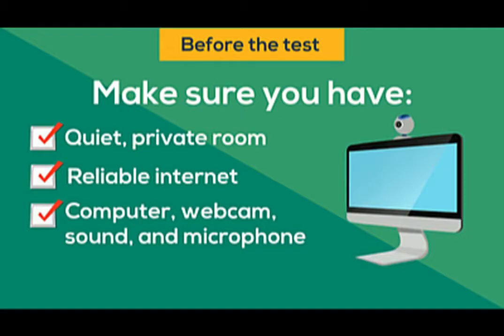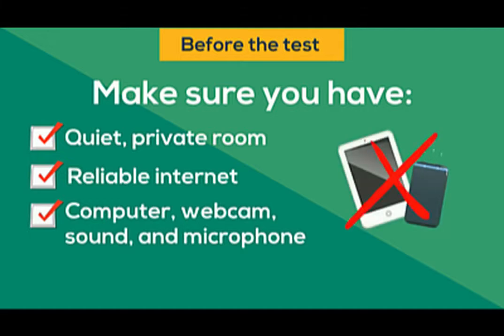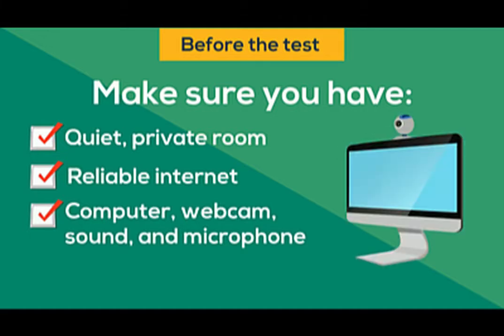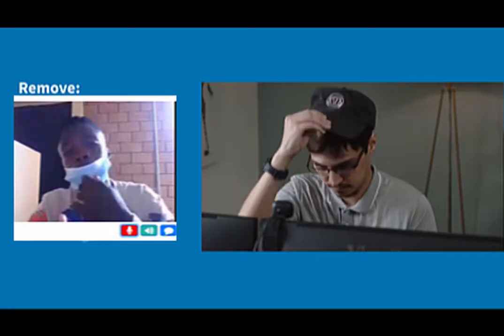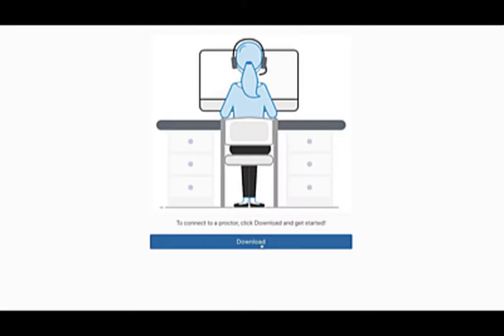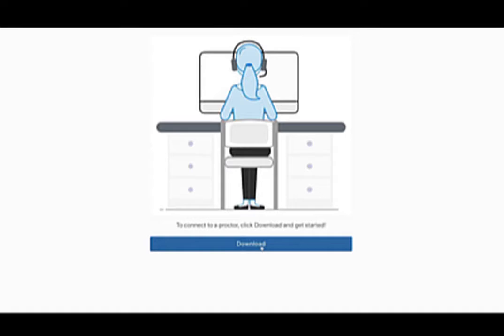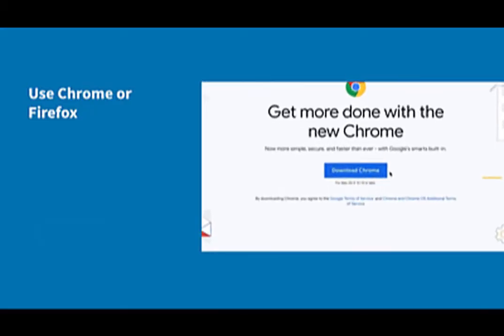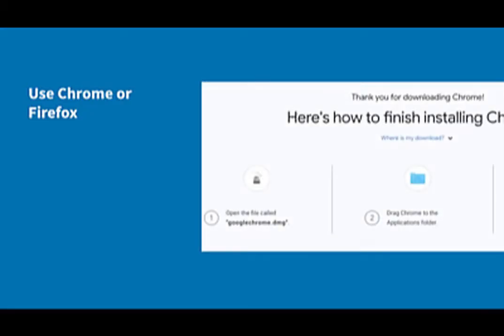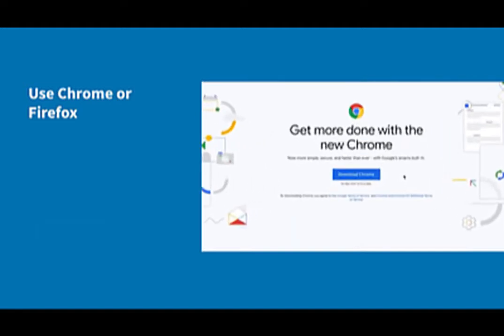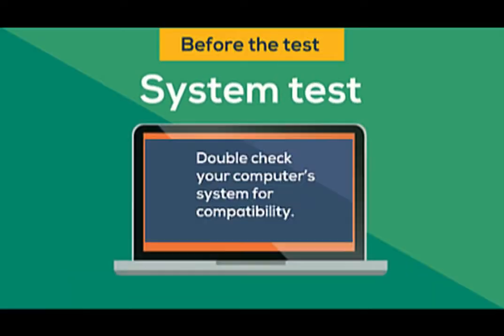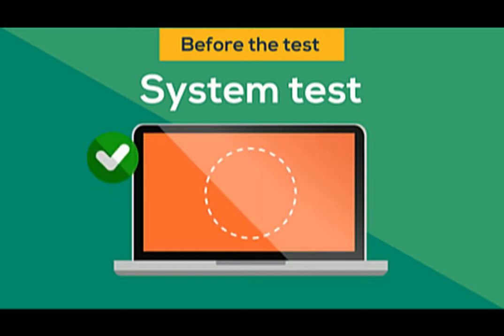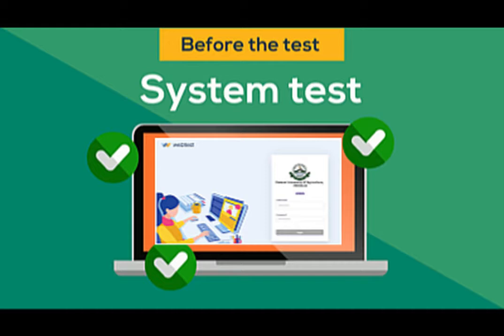Before logging in, you need to clear your workspace from all restricted materials, close all third-party programs, and unplug any secondary monitors. You need to dress formally. Use of face mask or face cap during the test is prohibited. You need to ensure that you are using a recommended browser version. You need to download and install Google Chrome or Firefox, and make sure you are using the latest version. You need to also conduct a media test for your system and get acquainted with the login process before you start the exam.